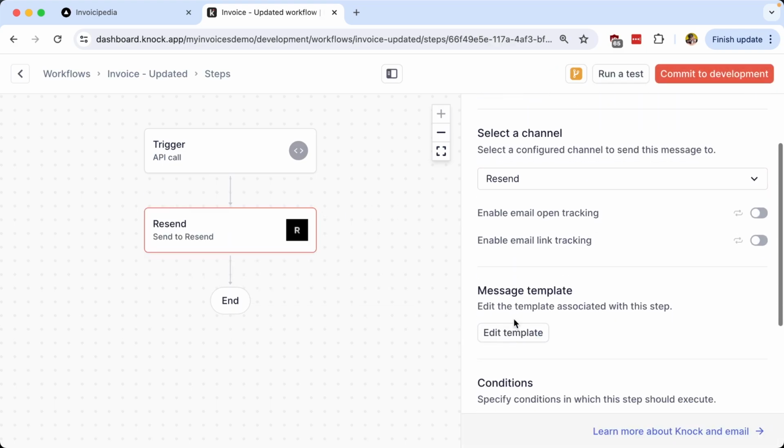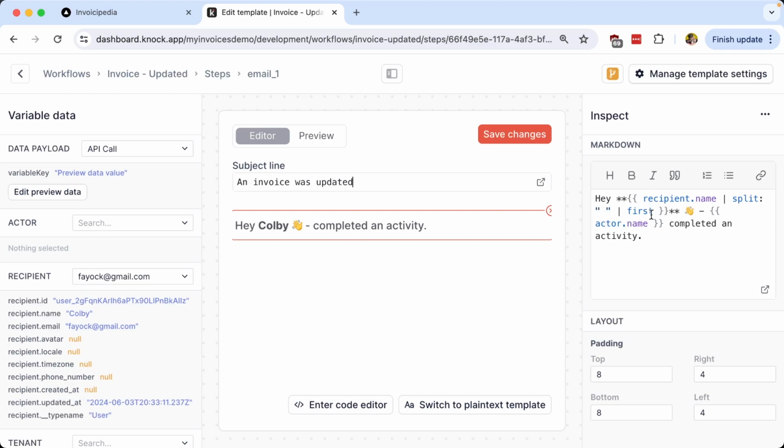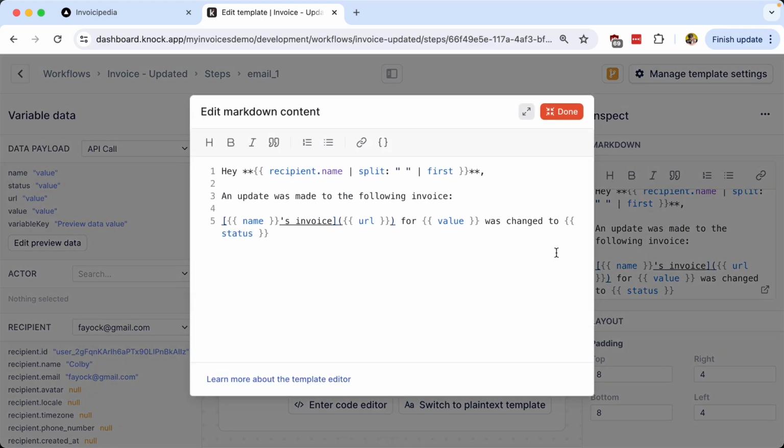I'm going to add a new message template for that. I'm just going to paste some of this stuff in to go through it a little bit quicker, but for the subject line, I'm going to have an invoice was updated. For the message block, I'm going to add some markdown. I'm going to paste this in. Let's pop this out just so you can see it, but it's going to give the name, and an update